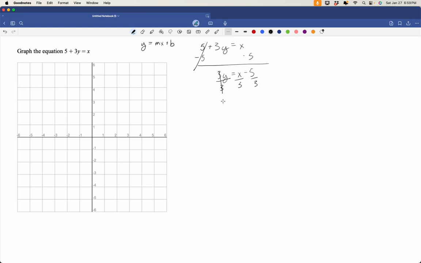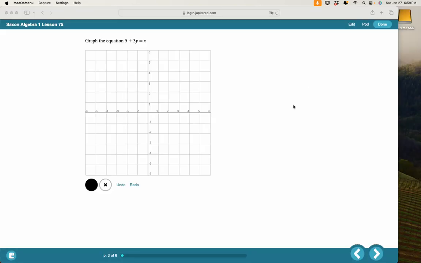So we divide everything by 3. So then this would cancel, and that would mean we have y is equal to, we know there's a 1 in front of this x, 1/3 x becomes our slope, minus 5 over 3. So our point that we need to graph, the y-intercept point, is going to be 0, -5, and